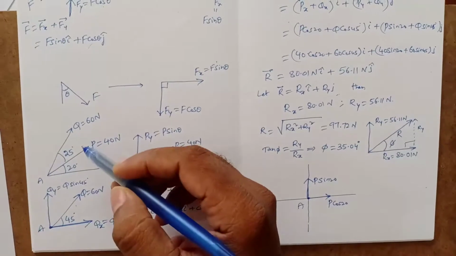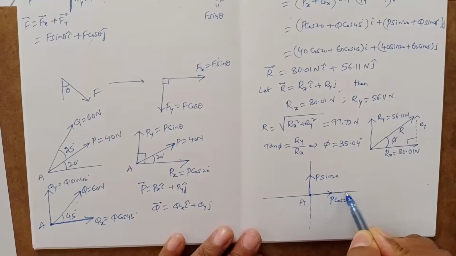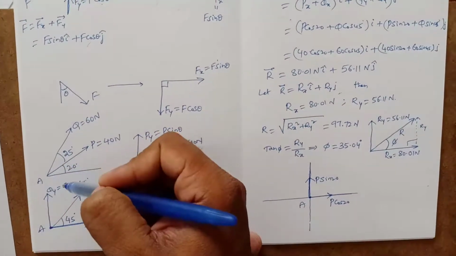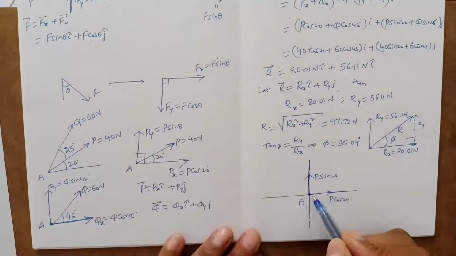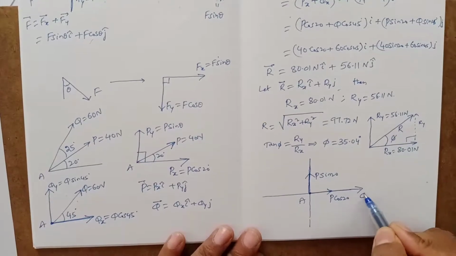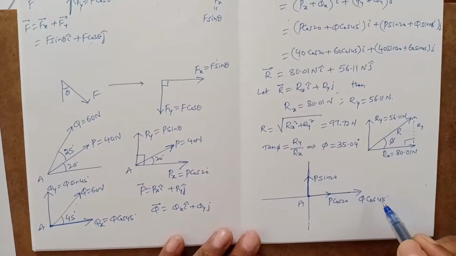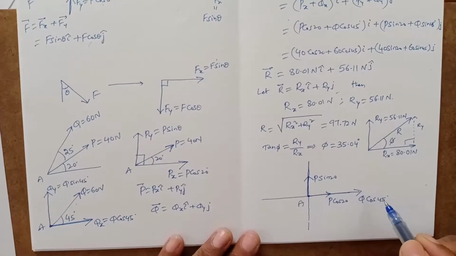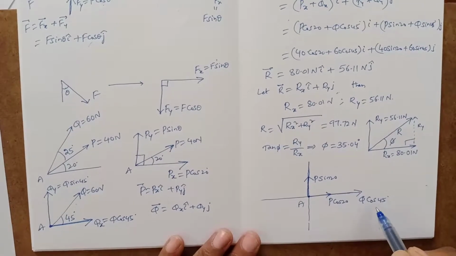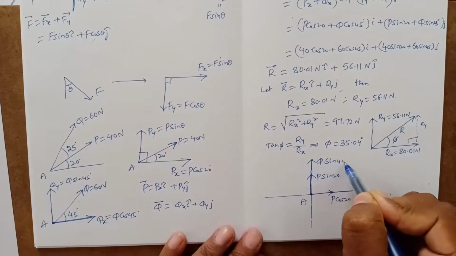Similarly, Q also is in the first quadrant. If you resolve, one is this component, the other is this component, and here Q is making an angle of 45 degrees with the horizontal, with this component, so it will become cos. So I can write this as Q cos 45. It is not 25. The angle made by Q with the horizontal is what we need to consider. So Q is making an angle of 45 with this horizontal component, so this will become Q cos 45, and automatically the other will become Q sin 45.